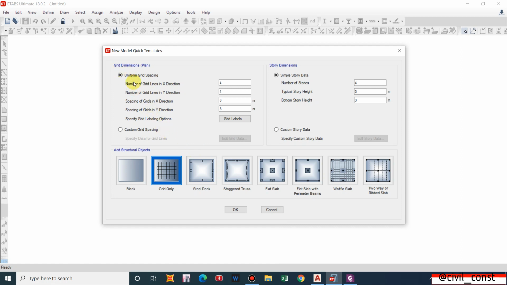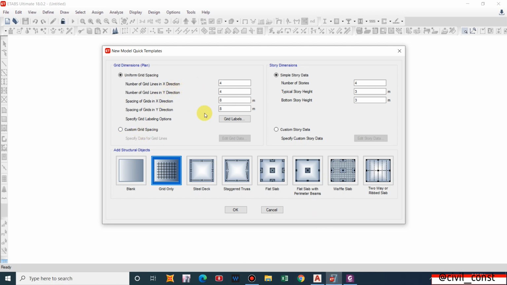And for a residential building we will not have a uniform grid spacing. That is a rare thing to occur. Uniform grid spacing may be helpful for designing or analyzing a factory, hall, banquet, etc. But for a residential or commercial building, it is very rare to have a uniform grid spacing.